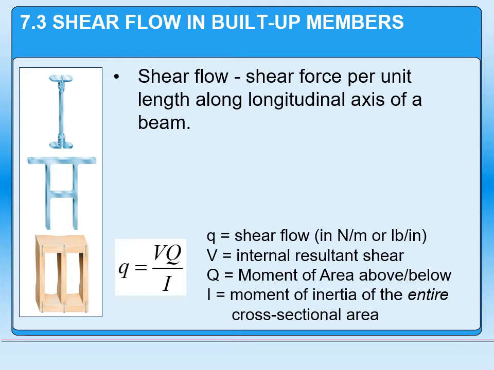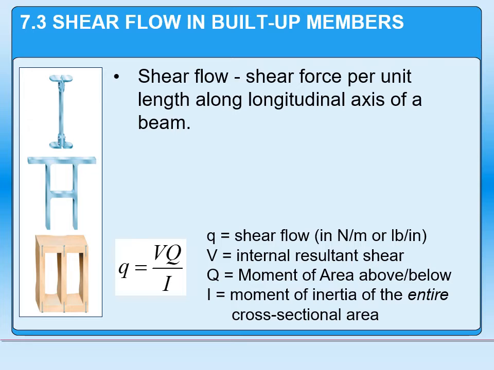Another phenomenon that we need to be able to analyze is a quantity known as shear flow. Shear flow is the magnitude of the shearing force that's taking place inside a beam or any type of built-up member. This is the shear that's taking place along the longitudinal axis of the beam. Right, we just looked at that quantity, and in general this is going to be supported by the material of the beam, except in the situation where we have built-up members, meaning beams made up of a series of components